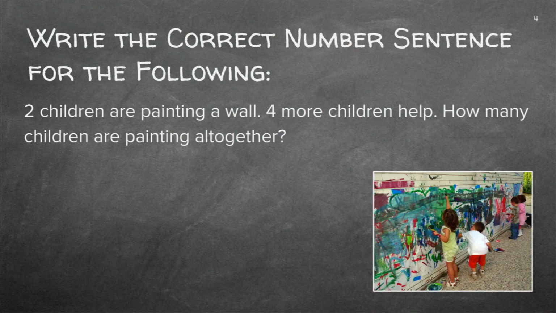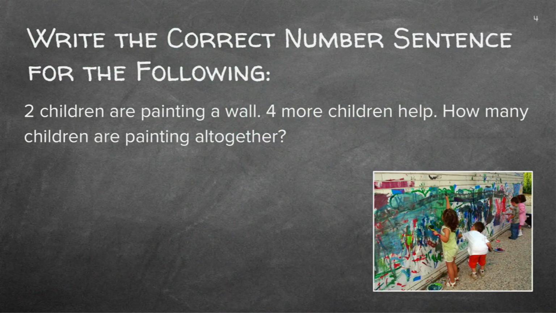The equal symbol tells you that whatever is standing on the left side should be equal to what is standing on the right side. For example, 2 plus 5 equals 7. So 2 plus 5 will give you the value of 7, and 7 is the value of 7. So the equal sign is telling you the left side is the same as the right-hand side. So let's read the following word problems and see how we are going to write a number sentence. But boys and girls, during this lesson, we are not focusing on getting the answers. We are focusing on how to write a number sentence, the numbers with the symbols.